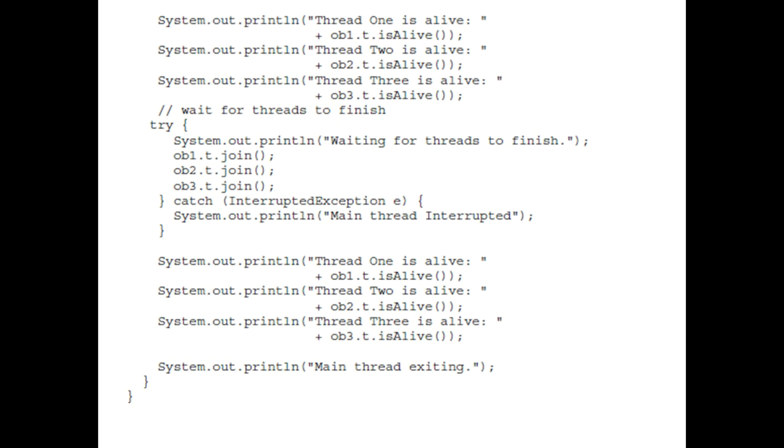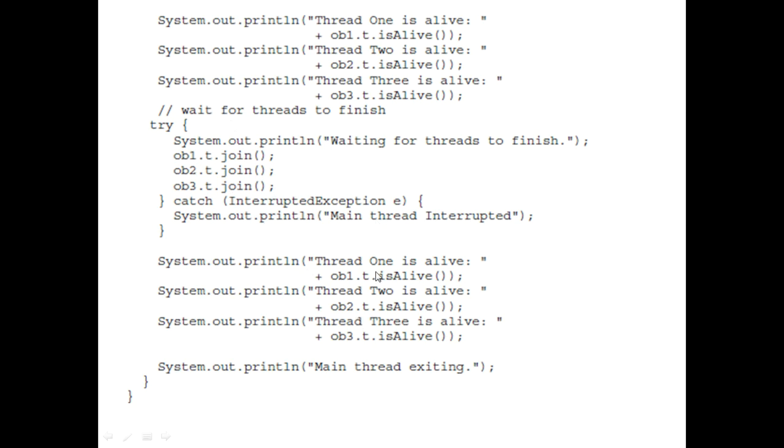If they are not running, meaning they have terminated, then isAlive will return false. Then comes waiting for threads to finish. If all 3 are still running, their values will be displayed as true, and we tell ob1, ob2, ob3 to wait until all 3 threads finish their task.